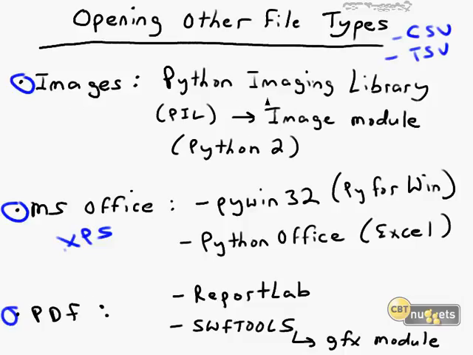With images, your go-to is going to be the Python Imaging Library, PIL, which is a collection of modules. The one that you want in particular is the Image module. Here's the downside with the Python Imaging Library. As of this recording, it's available only for Python 2. Now, you may be able to get a beta version, or I'm not going to say hacked, I'll say adapted version of the PIL for Python 3,